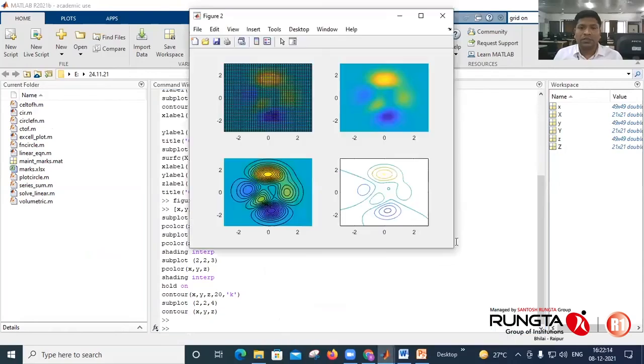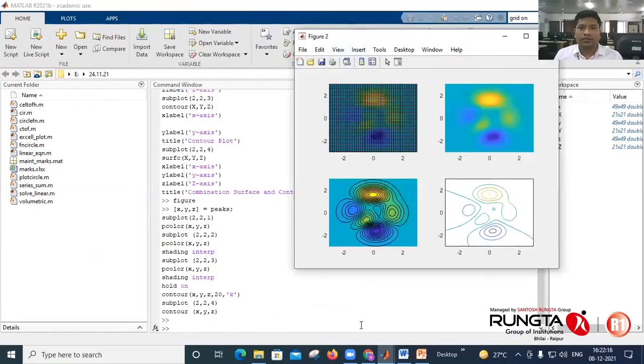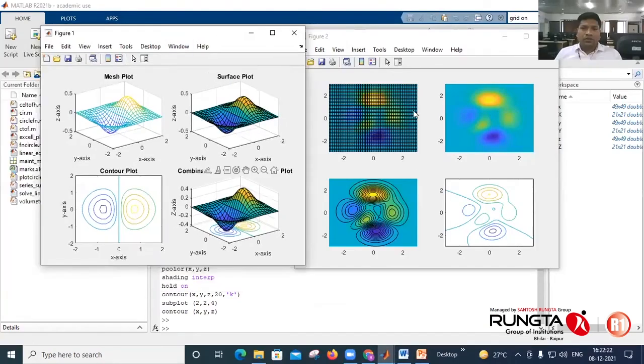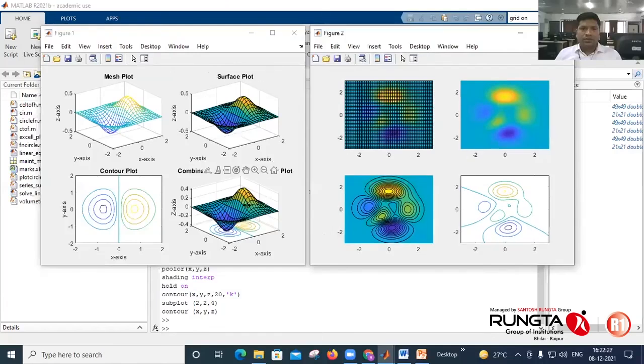Like this, it is on figure 2. This is on figure 1. So these are the surfaces with lines, mesh, surface, contour. While here these are pseudo colors.